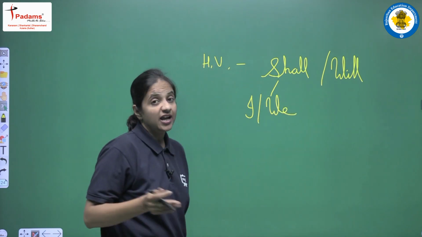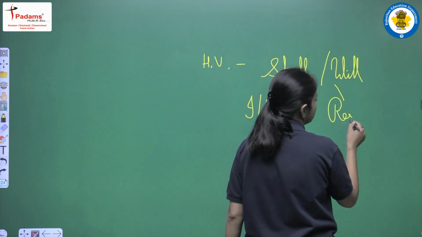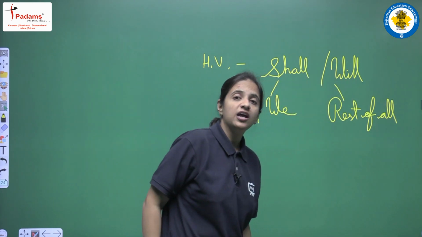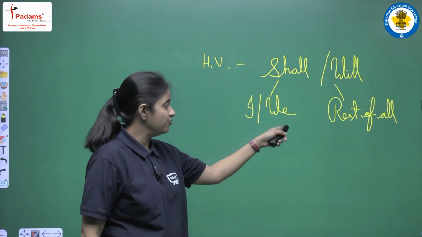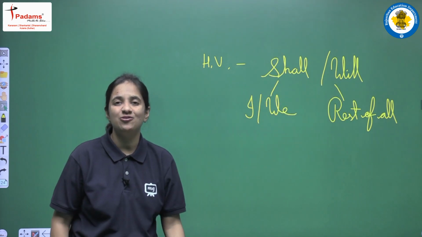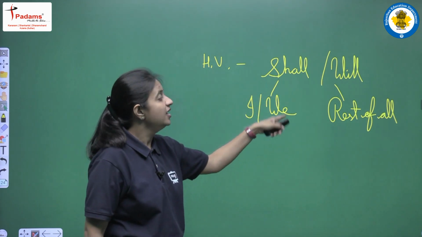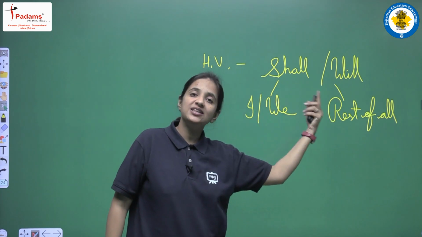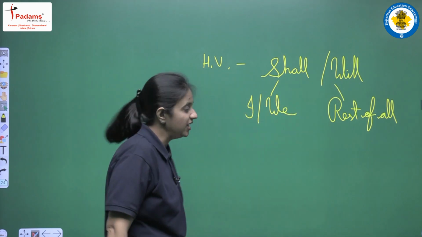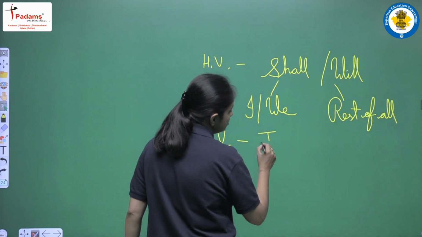For I and we exclusively we use shall, and for the rest of all, means for all other subjects except I and we, we use will. This is something very important that you should always remember, that shall is used only and only for I and we, and for all the other pronouns, for all the nouns, we always have to use will. And if we are talking about the main verb, then in this tense we always use the first